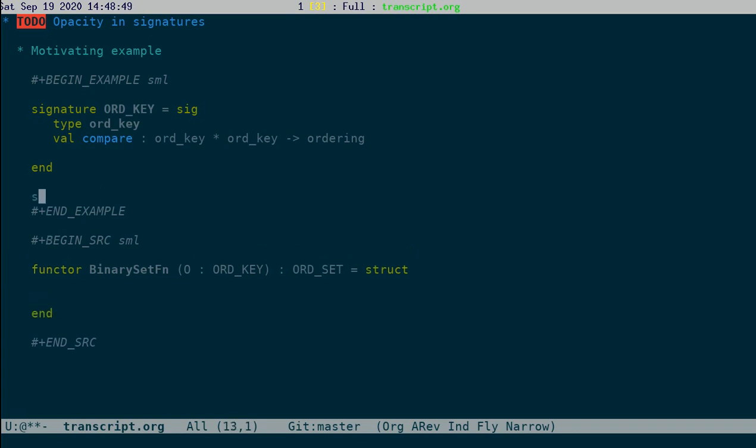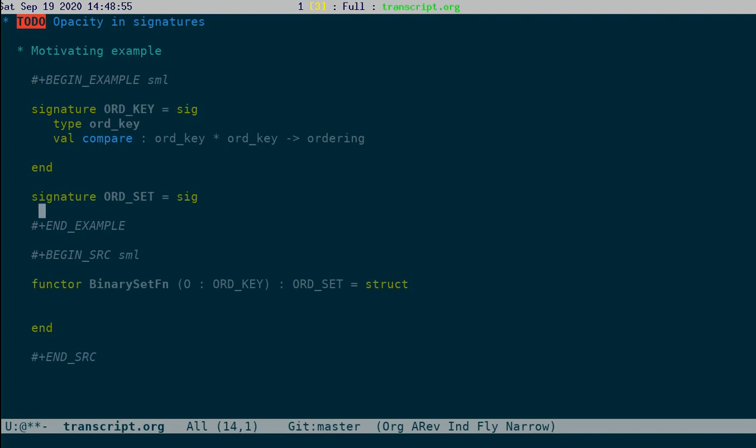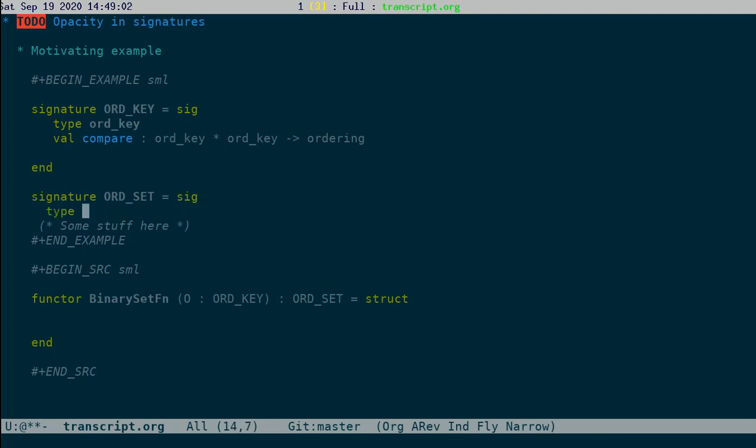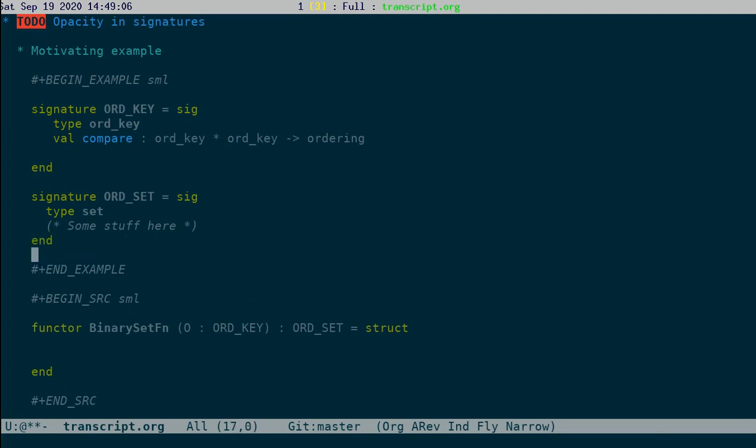Let's say this functor implements the structure set using binary trees, and we use the ordering to make it a search tree. That is the essential idea.